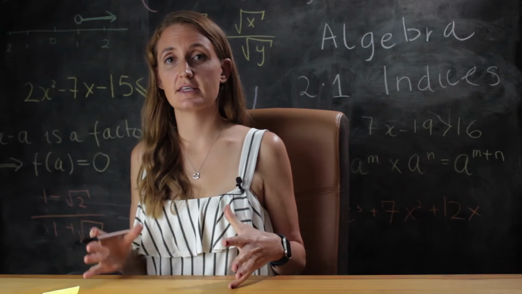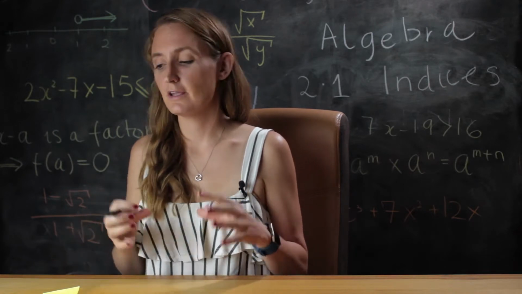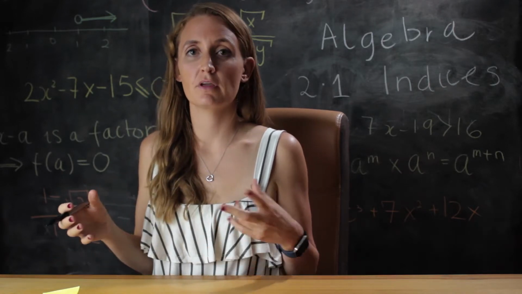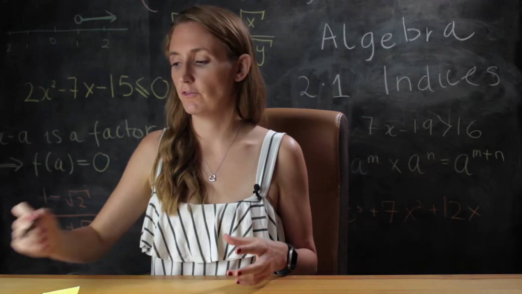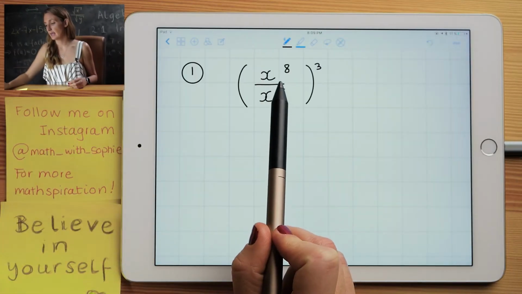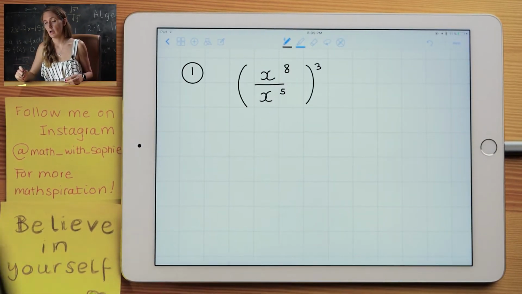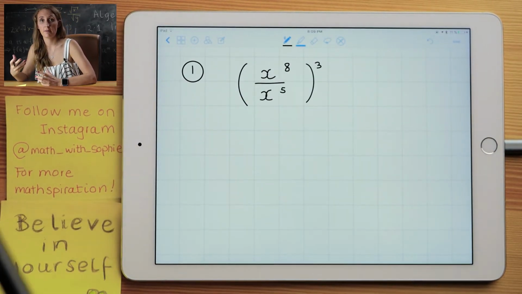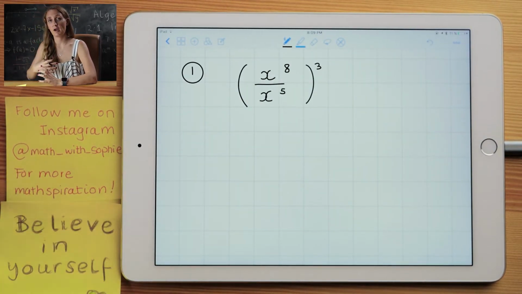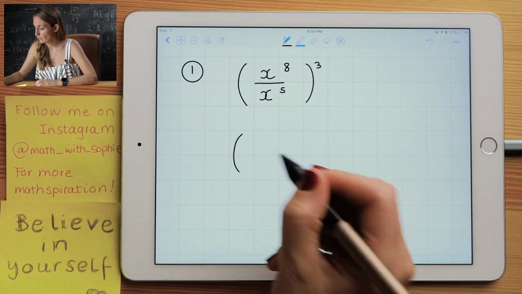This last key skill, the very last one, we're just going to be looking at bringing together the previous two key skills, in terms of we're going to have brackets together with fractions. Now, like we talked about before, you should always do inside your brackets first. So, for example,